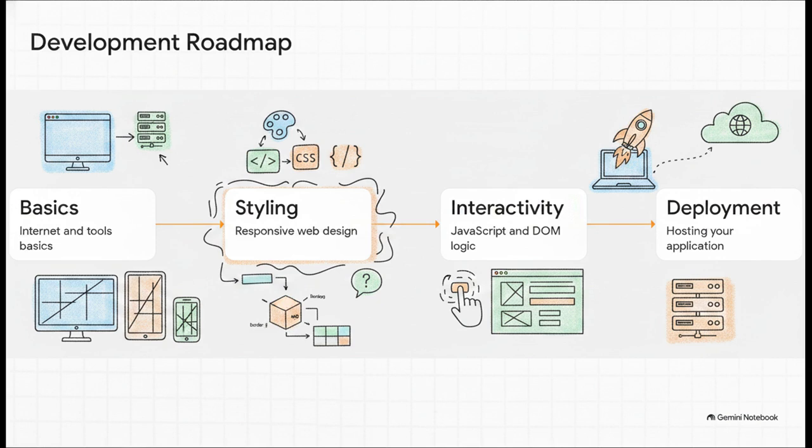clear bird's-eye view. Step 1 is just understanding internet basics, how a browser sends a request and a server shoots back HTML, CSS, and JavaScript. Step 2, responsive styling, mastering the box model, flexbox, and grid so things look awesome on any screen. Step 3 is where the magic happens, bringing those static pages to life with JavaScript interactivity, handling user clicks and dynamic content. And finally, Step 4 is deployment and hosting, getting your code off your local machine and out onto